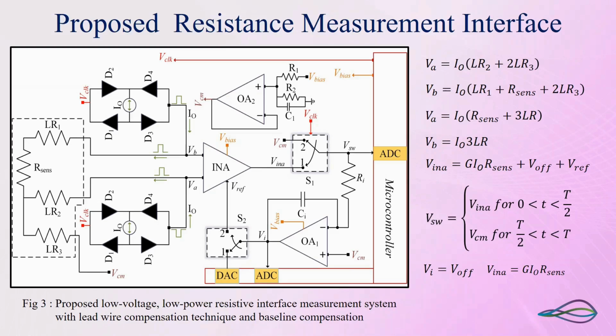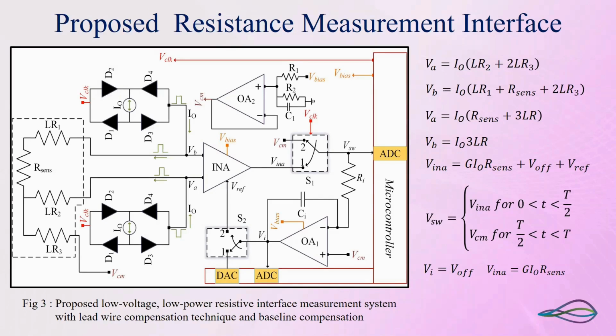Next, since we have modulated our information to a certain frequency using the clock, now we want to demodulate it back to DC. So for that, what do we do? We use a common mode voltage and the same clock frequency. Okay. By using common mode voltage,